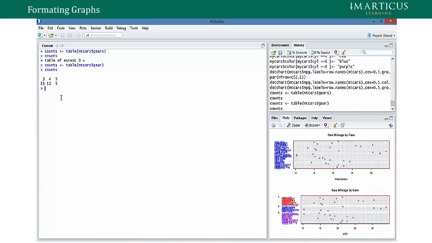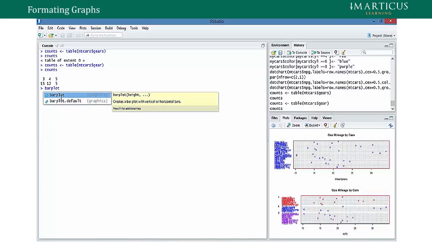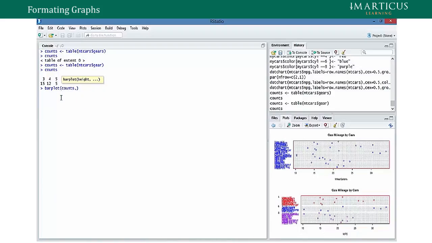And now if you want to see a plot of this, you can say barplot, and you can say counts, comma, and you can say main is equal to Car distribution